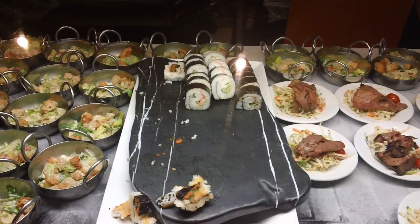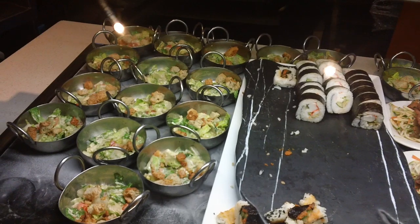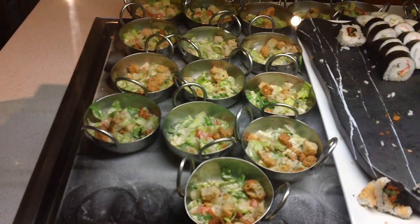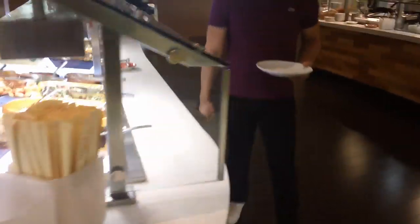It's just a very, very small one with some ready-made salad, which really was nothing special. It was actually very cold because you see it's sitting on a cold, understandably, on a cold bed, but it was just too cold, frozen almost. But let me start by saying that